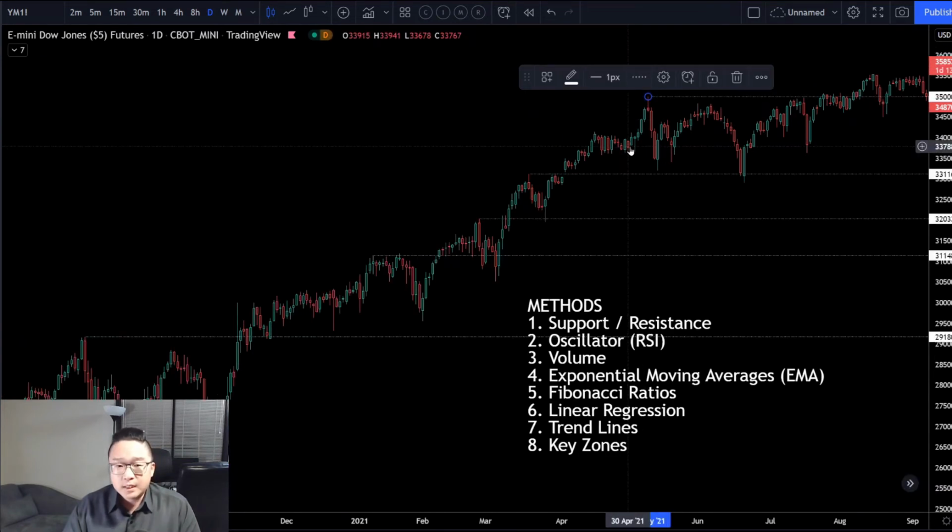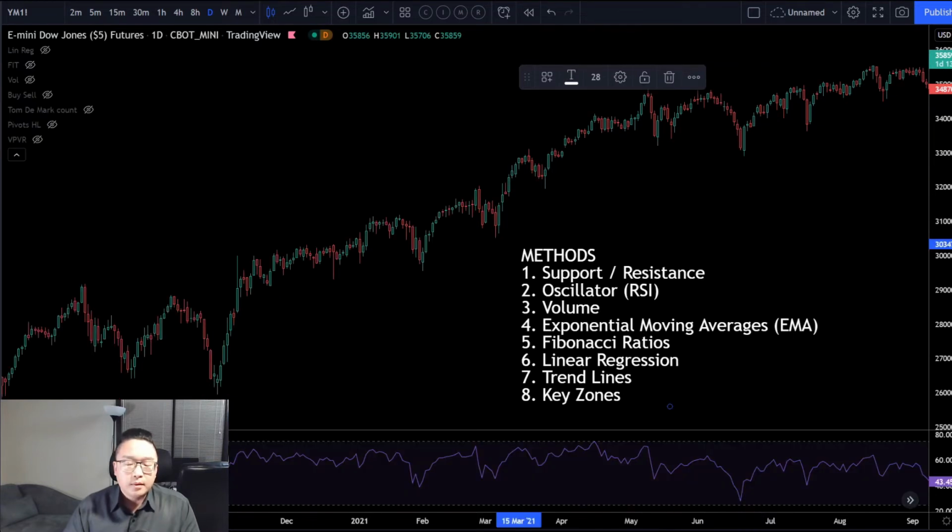Being able to do this is crucial. Now, when we look at the previous resistances, sometimes you will also see they come back and serve as support. However, from experience, purely using support and resistance, I find there has been a lot of occasions where you get